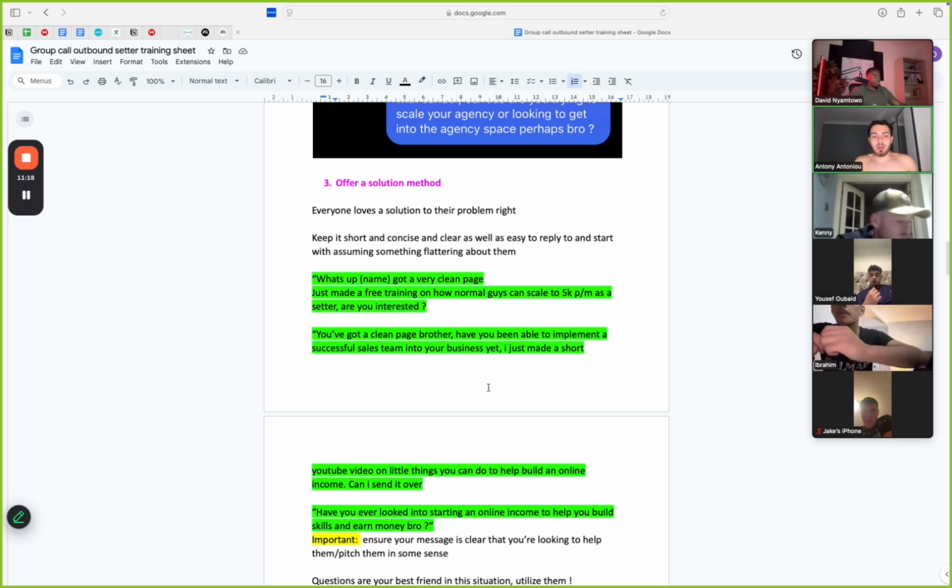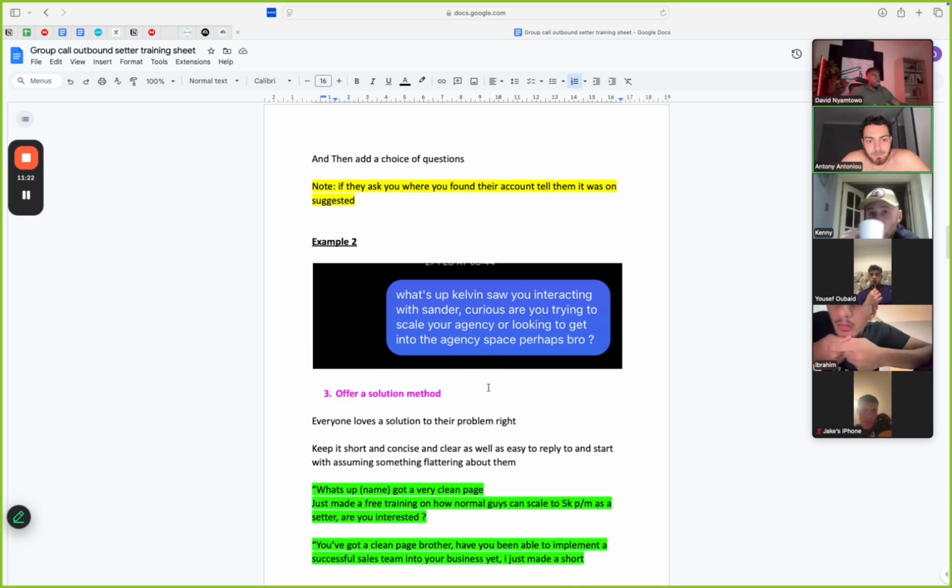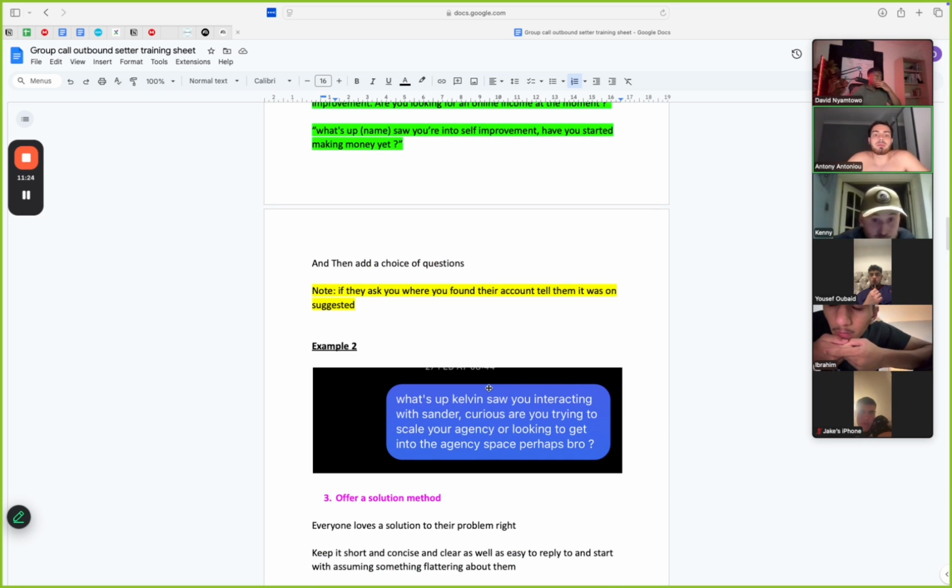The only thing I'd ask, right? Obviously, with the opener, when you're saying, do you make money with your phone too, in the opening message, you don't think that would come across as you're trying to sell something straight up? That's why the context is so important. That's why the context and where you find them matter. So, for instance, if someone likes my comment, you know what I mean, the setter would DM them like,